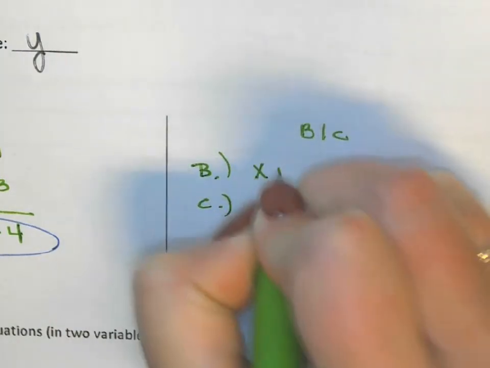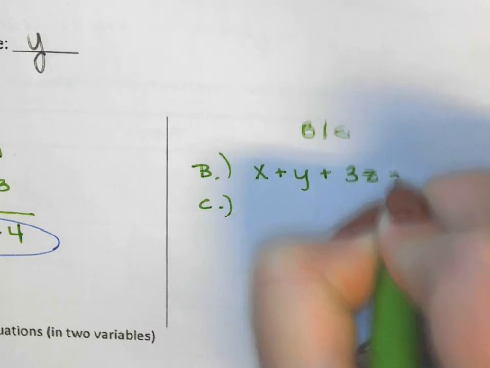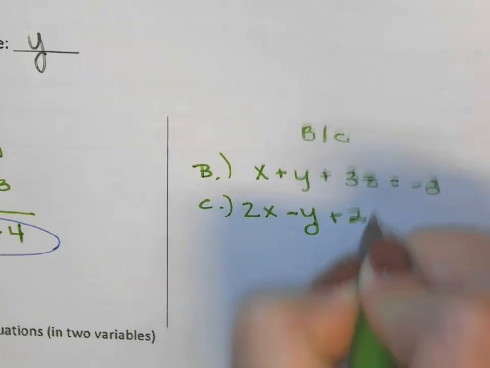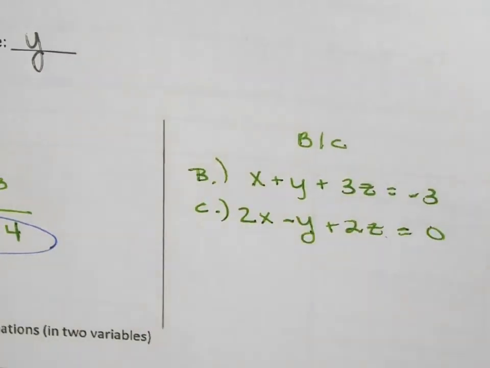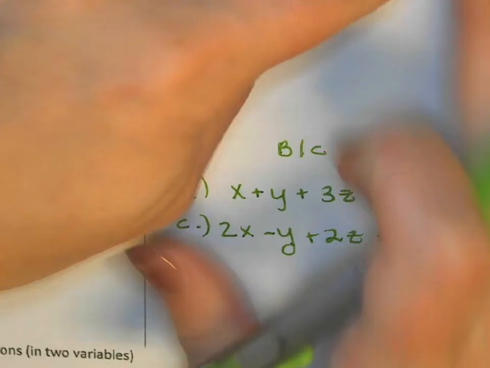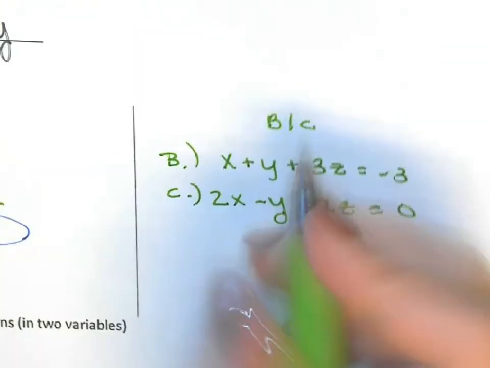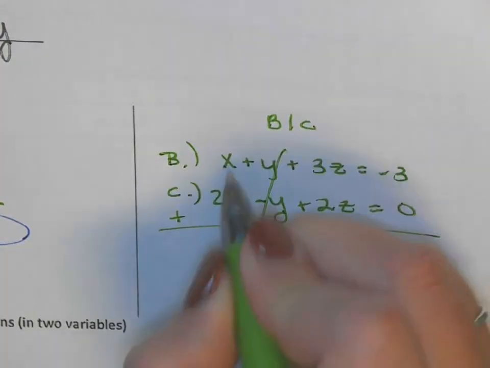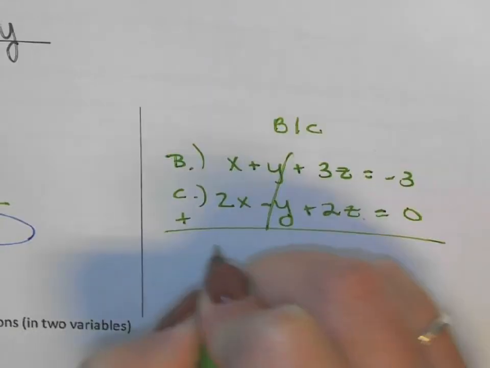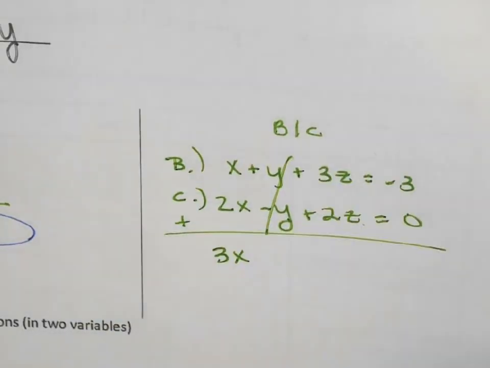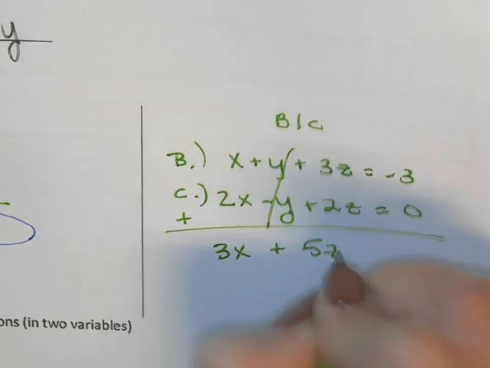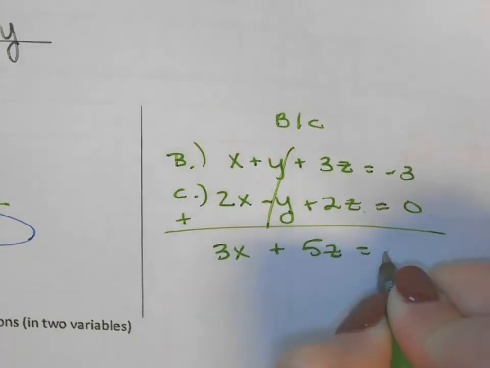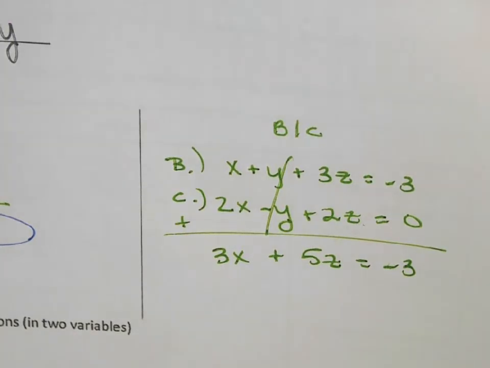B is x plus y plus 3z equals -3. C is 2x minus y plus 2z equals 0. And since the y's already have opposite coefficients, I am good to just add them because my y's will eliminate. X and 2x is what? 3x. 3x and 2x is 5, and that's what I meant, 3z and 2z. It's 5z equals, what's -3 and 0? -3. And that's your second equation